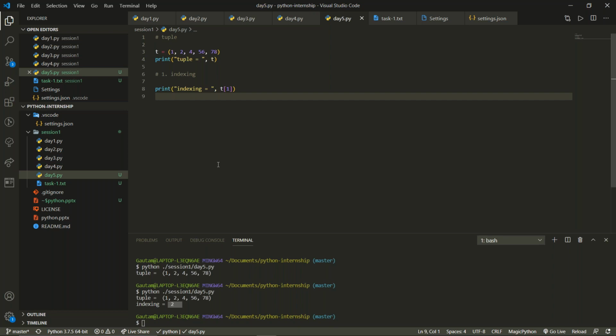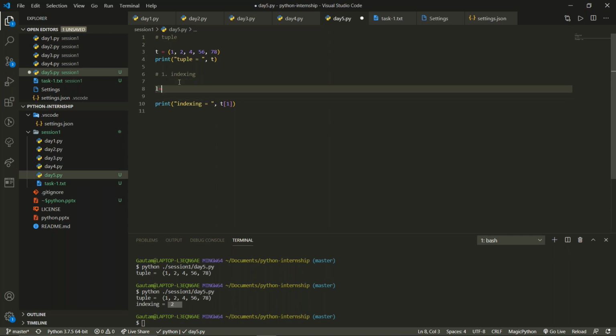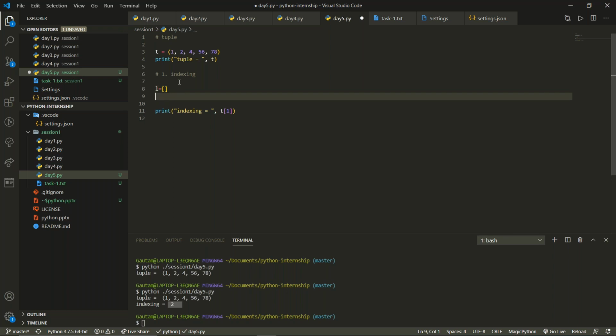So this is how you can use. For example, you have a very secure data, but you're gonna use those data, and when you wanna make changes to that data and store it somewhere else, how you're gonna use it? You're gonna take each and every element of the tuple, and then you will store it in a list. For example, if you wanna create a list, you create it like this. This is a list, and inside that list you can store the data. I will provide you the for loop. When I will teach you for loop, at that time it will become more easy. But over here you can just write like this: l dot append